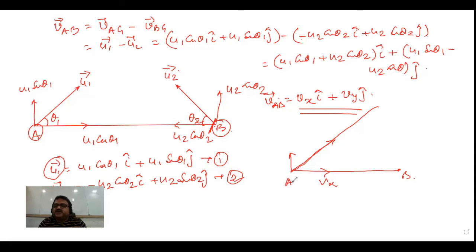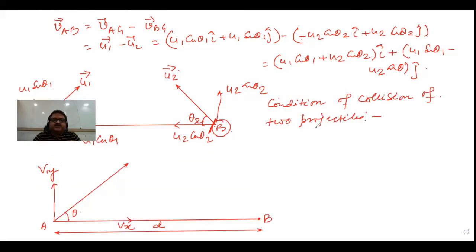The question may come like this: how does the path look? Is it a straight line passing through the origin? Is it a straight line parallel to the y-axis, etc.? Your answer will be that it is a straight line passing through the origin. Is it clear? Now we'll learn the condition of collision of two projectiles.